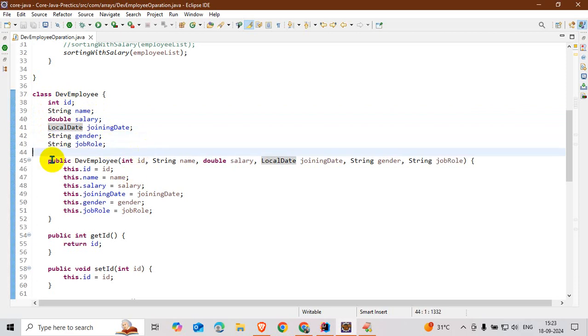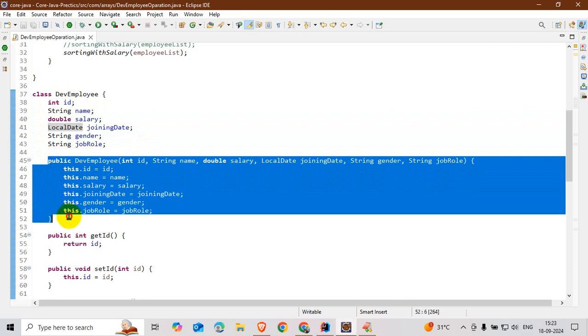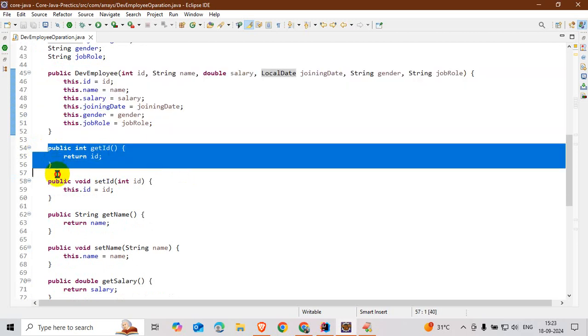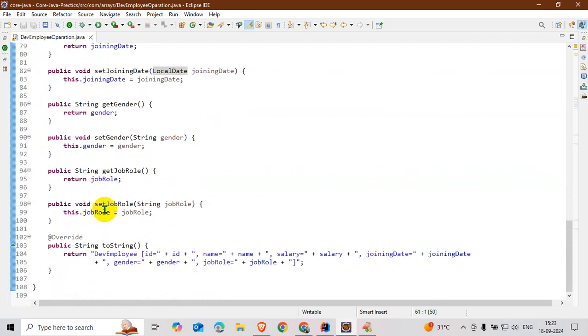I created a constructor to initialize the instance variables, also the setter and getter methods, and I overrode the toString method.